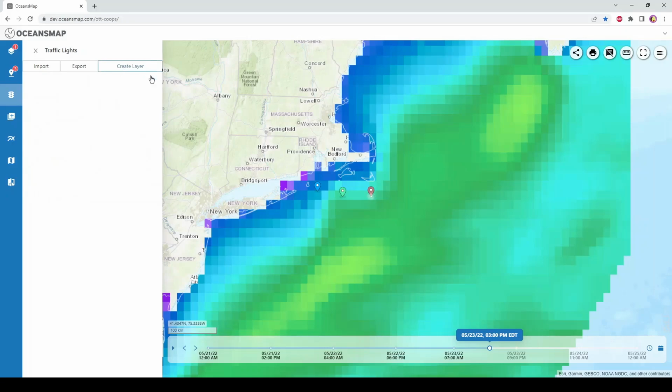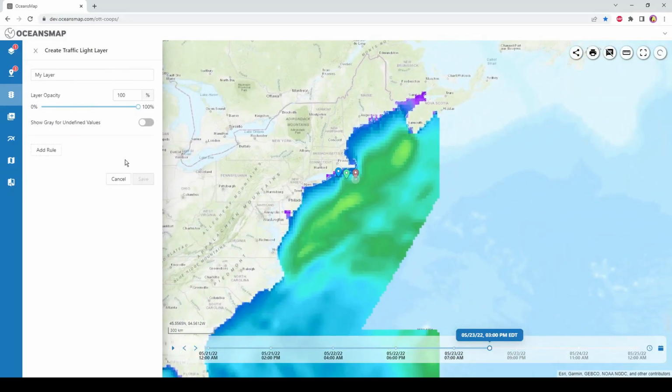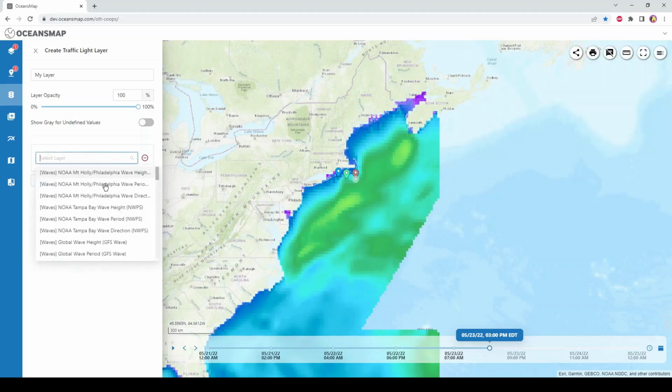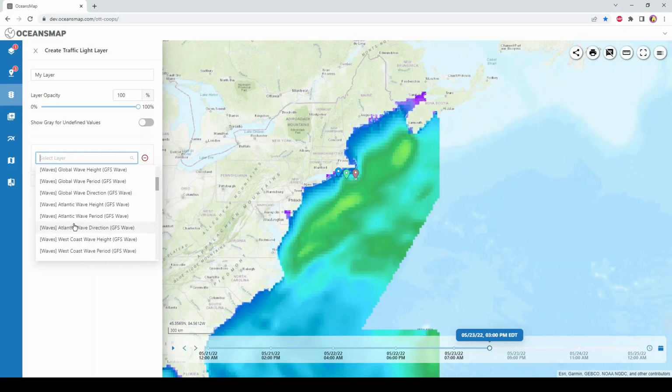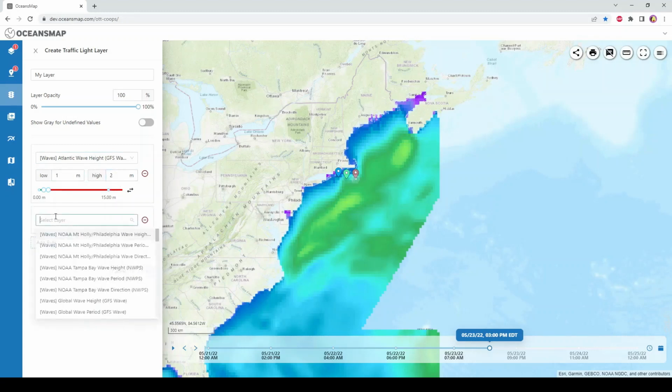The traffic light tool allows the user to create a spatial layer on the map that will display either green, yellow, or red based on the rules set by the user. So if we select Atlantic wave height, set the low to the default of 1 meter and the high to 2 meters, we can add a second layer